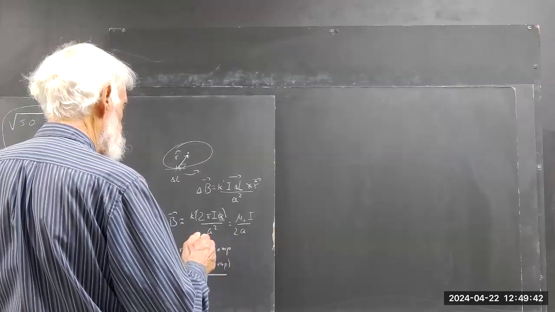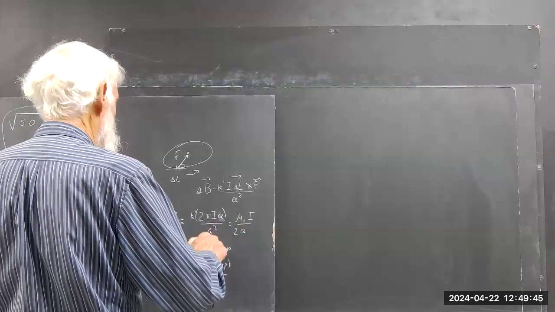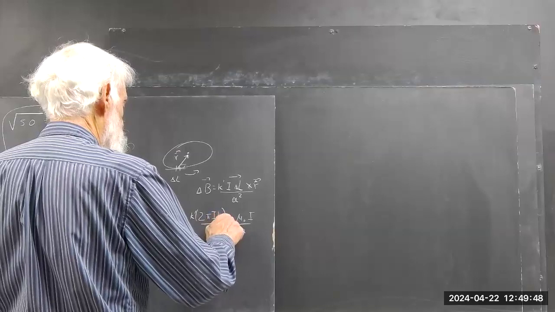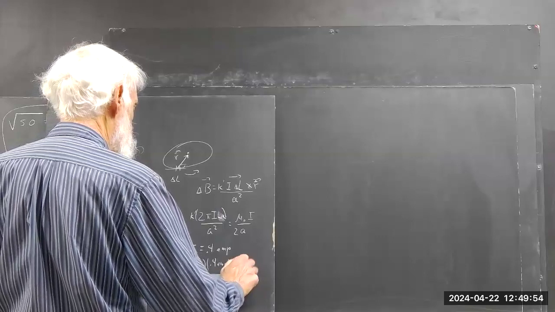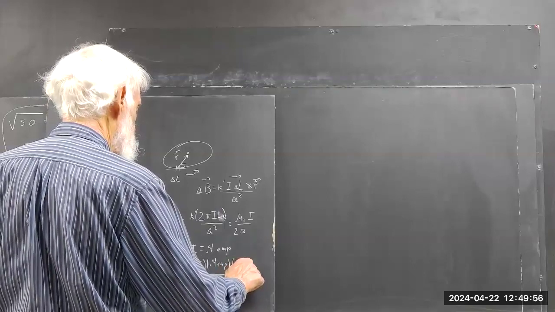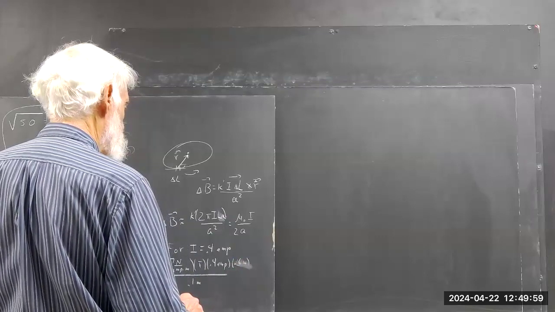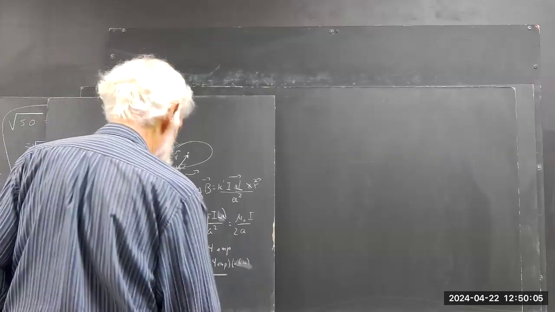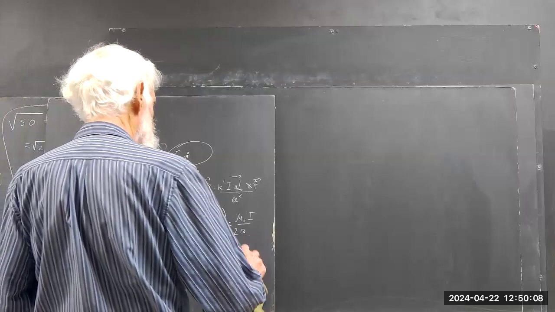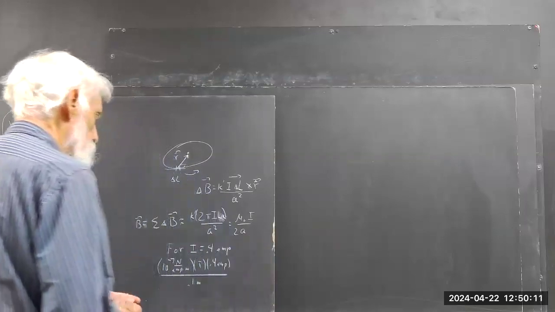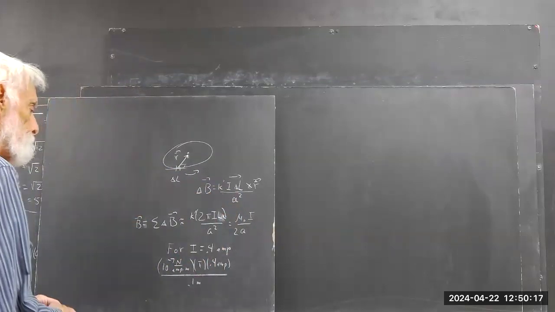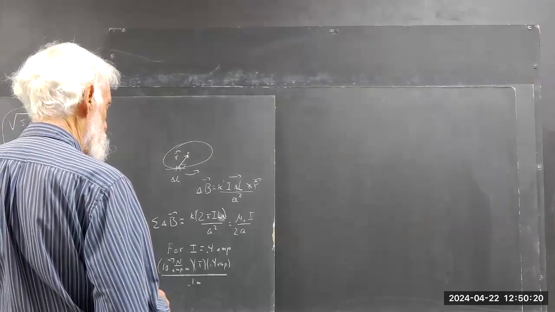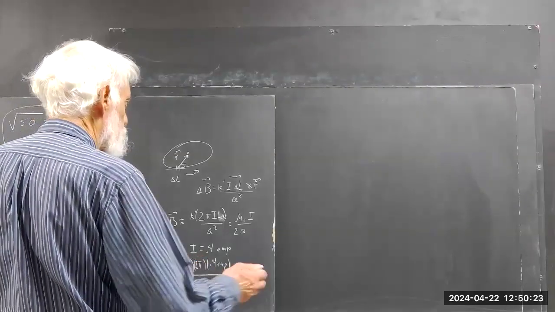And I didn't put my length in here. I don't need the length because I divided it out here. We got the 2 pi. And it's supposed to be 2 pi. Okay, so